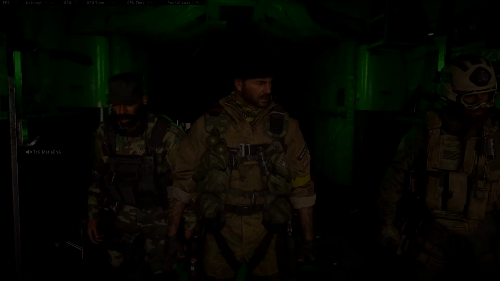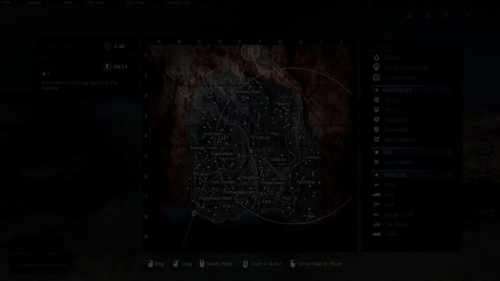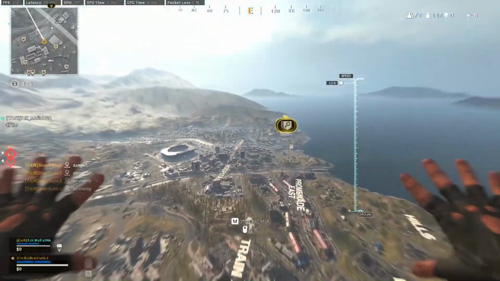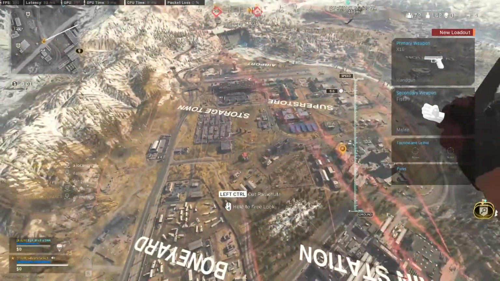So if there happens to be a spot on the map where you're trying to go, but it's well outside of the gliding range, if you use this trick, you'll be able to make it there no problem. So all that you're going to do is, when you jump, turn to your side. Once you turn to your side, you can hit the button to free look around so that you can see where you're going a little bit easier, or you can just pull up your map and make sure that you're